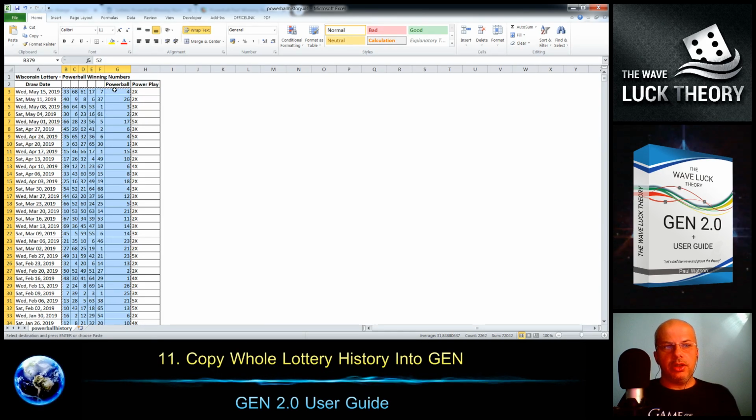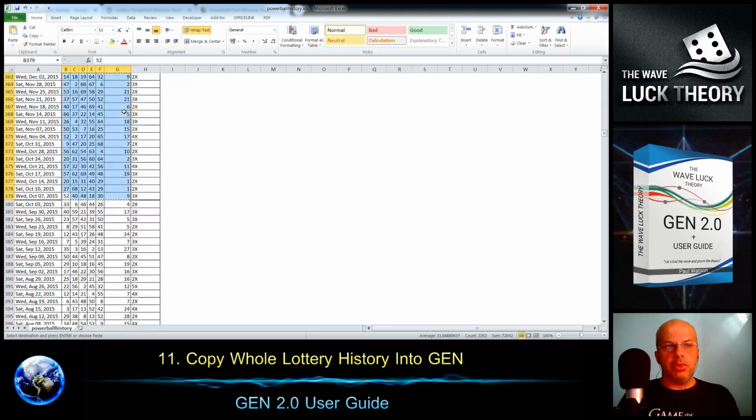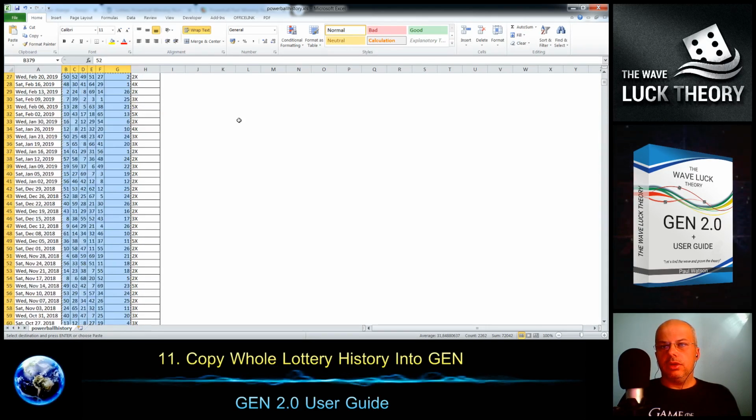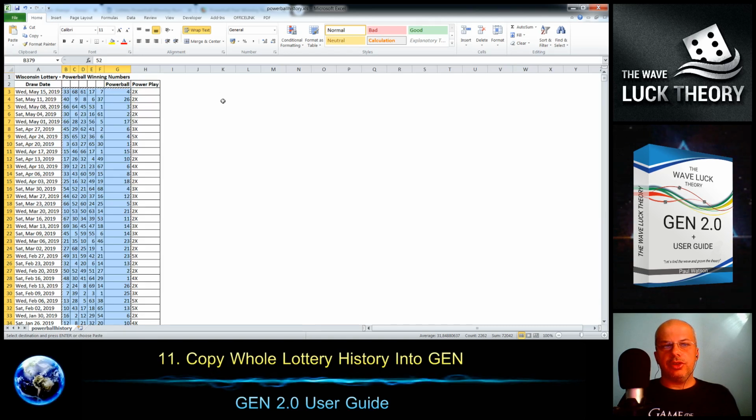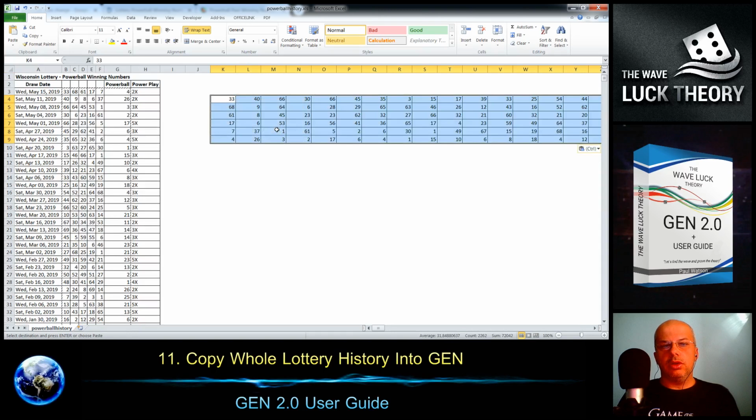I will copy that by Ctrl C, or I can do it like this, copy, and then I will just select some empty cell, do the right click, and here use the transpose, and we can see it was transferred from the rows to columns, which is corresponding to the input box in